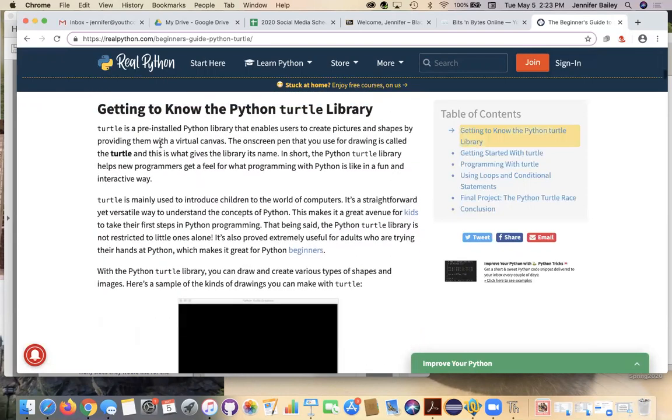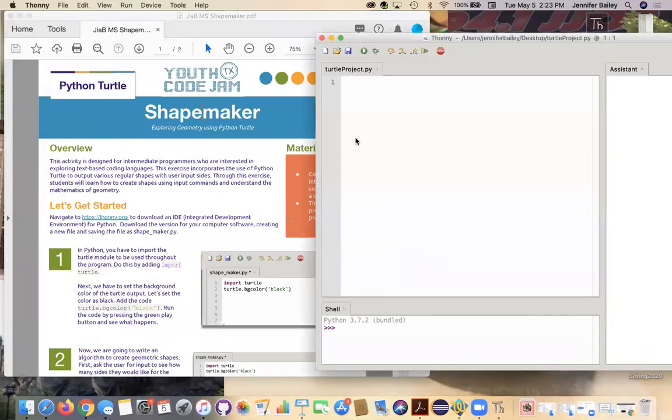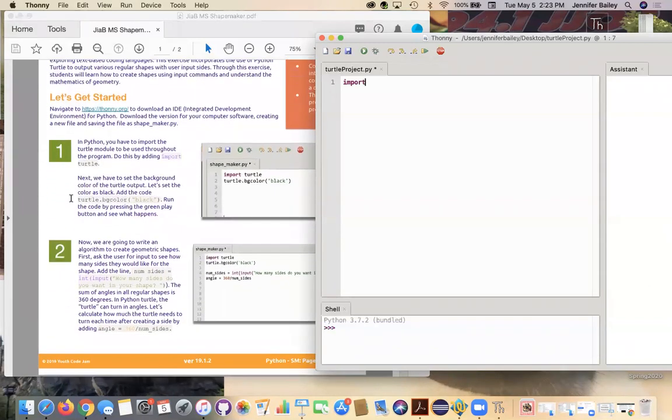So it's a pre-installed library that enables users to create pictures and shapes by providing them with a virtual canvas. So we're drawing online today. Should be fun. We've kind of done this with other activities at the block code level. This is one way to do it at a text-based level. So we're going to go to step 1, and the first thing we're going to do is import